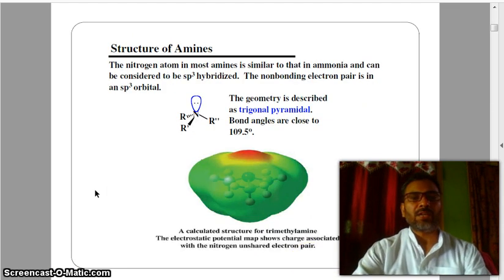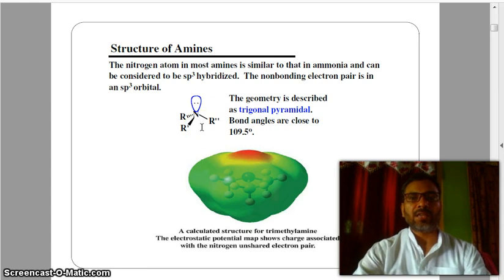So friends, now I am going to talk about the structure of amines. In this slide you will learn about the structure of amines. The nitrogen atom in most amines is similar to that in ammonia and can be considered to be sp3 hybridized. An unbonding electron pair is in an sp3 orbital. Look at this molecule. The geometry is described as trigonal pyramidal